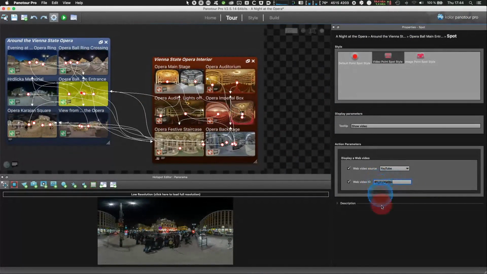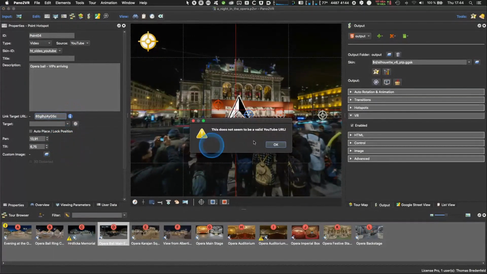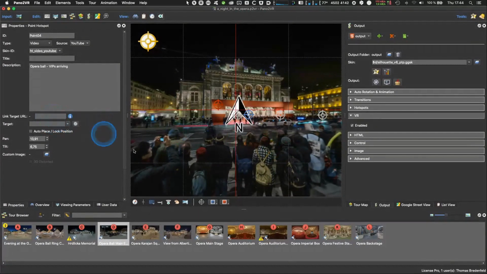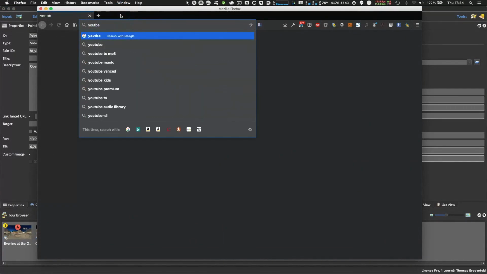I'm going to this ID, copy it, and I hope it is working here. Otherwise, link target URL. I think I just paste it here. I think it should work. Usually you have the whole. Okay, it's not a valid URL, so let's do it the way in with Firefox and go to YouTube and